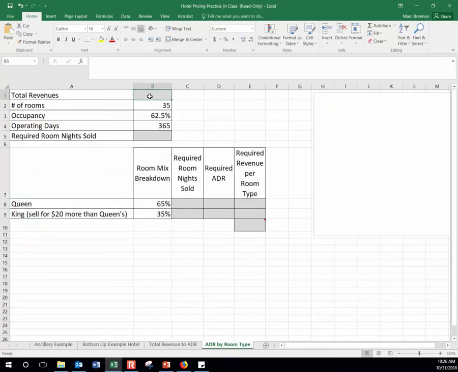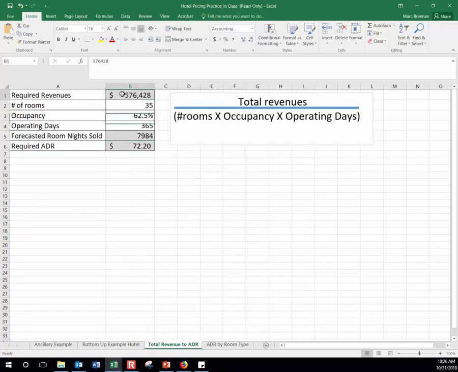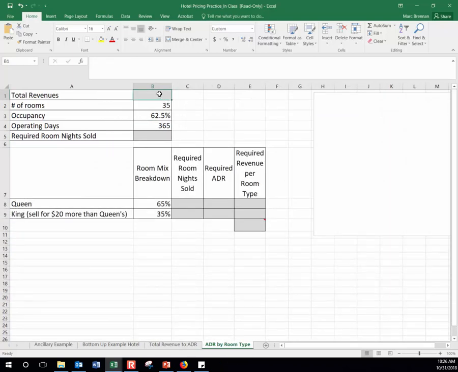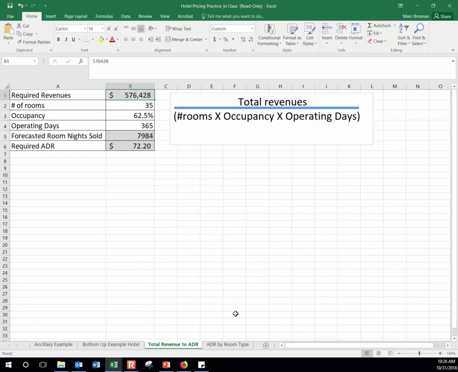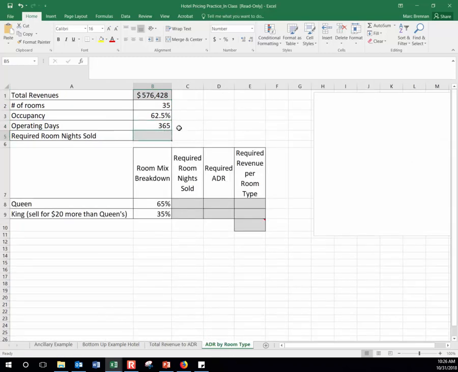Okay, so total revenues is really our required revenue, $576,428. Number of rooms, 35. This hasn't changed, so what's my required room nights sold? My forecasted 7,984 rooms. Okay, so this is just something we would have just calculated in the previous example. Now,